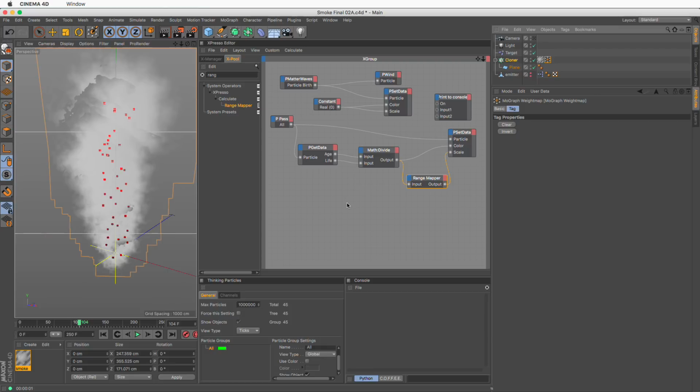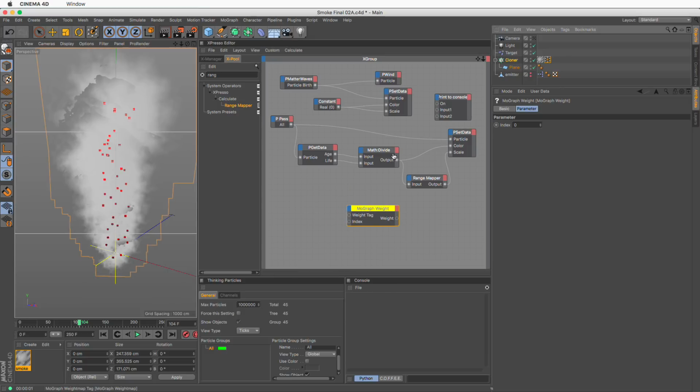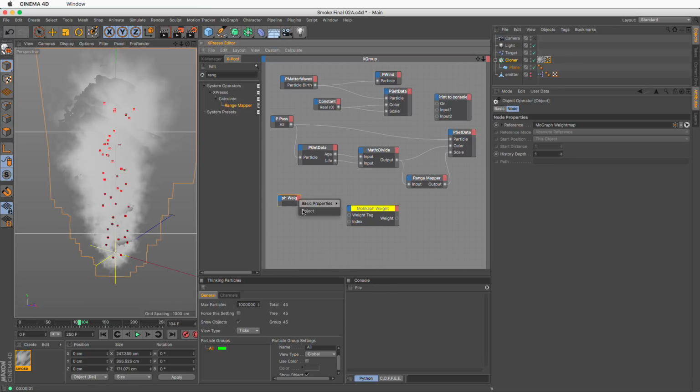So let's do this, okay? Let's do this. Now, I'm going to right-click, and when you go to New Node, you'll find the motion graphics. This pertains to MoGraph. And first of all, I need to get a MoGraph weight. Drag the weight in here, go to the object, command double click so you can see what it says, and just drag this where it says MoGraph weight.